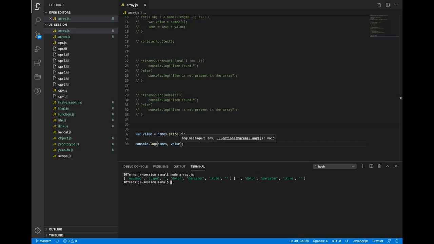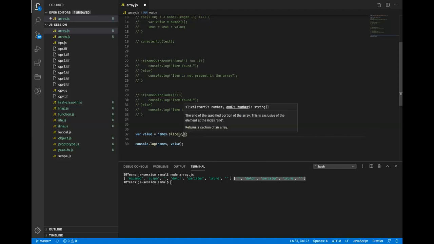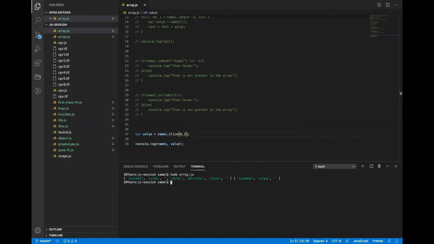Basically you will see, this is an old array, and it slices the value from the second index. I've added second index. If I add this, from second index I want two items. So it will start from second index and take two values. I start from 0 and go up to 3. I wanted three items, so it slices the three items.